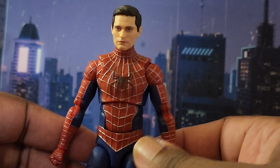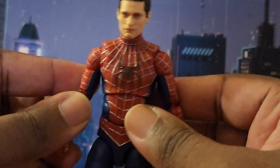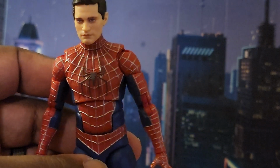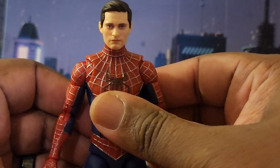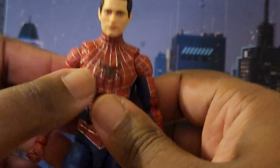He's kind of flat, and he just kind of has thick thighs. You know, they kind of made him look like, I don't want to say a grandpa, but like a dad, like a Spidey dad. And I get it. Tobey is the oldest out of the three. He's older than Garfield and definitely Tom Holland. I get it, but you didn't have to go that route,